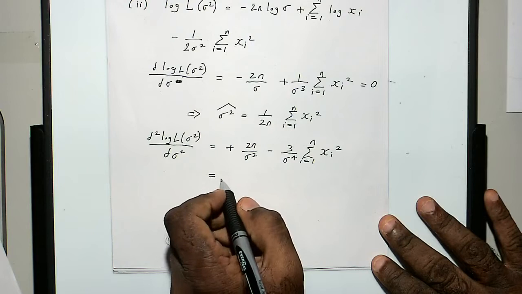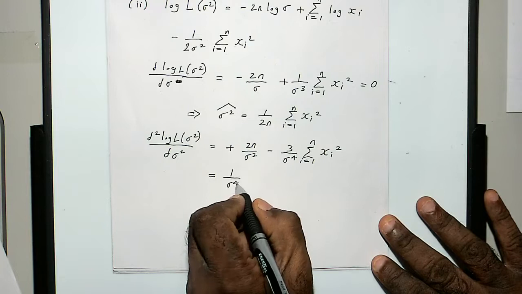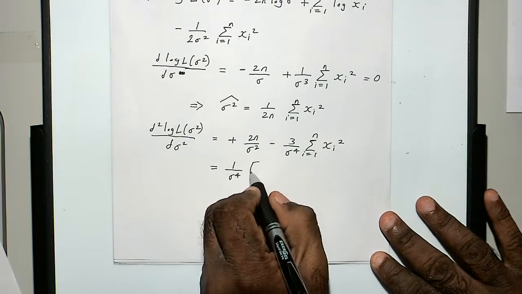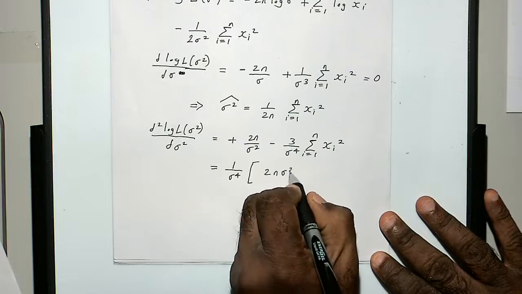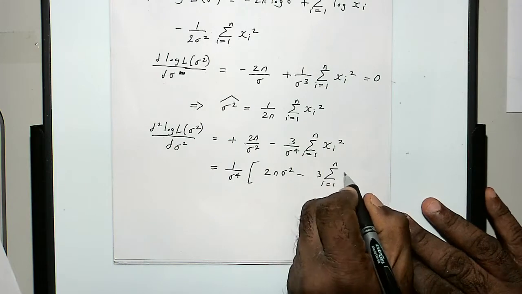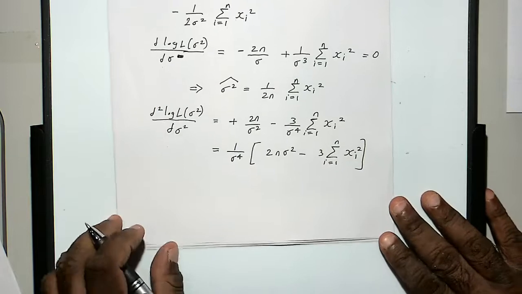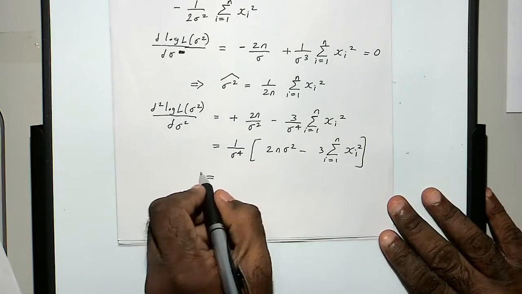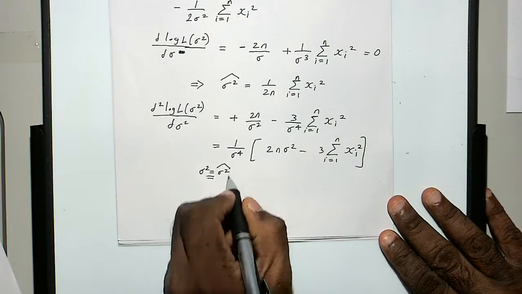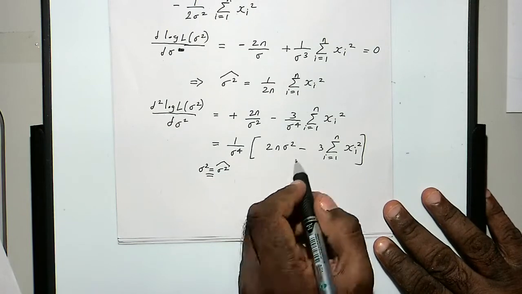One way you can do this is to pull out this as a common factor. Then in brackets you have 2n sigma squared minus 3 times the sum. Now I'm going to substitute sigma squared equal to sigma squared hat. If you do that, this guy here will become